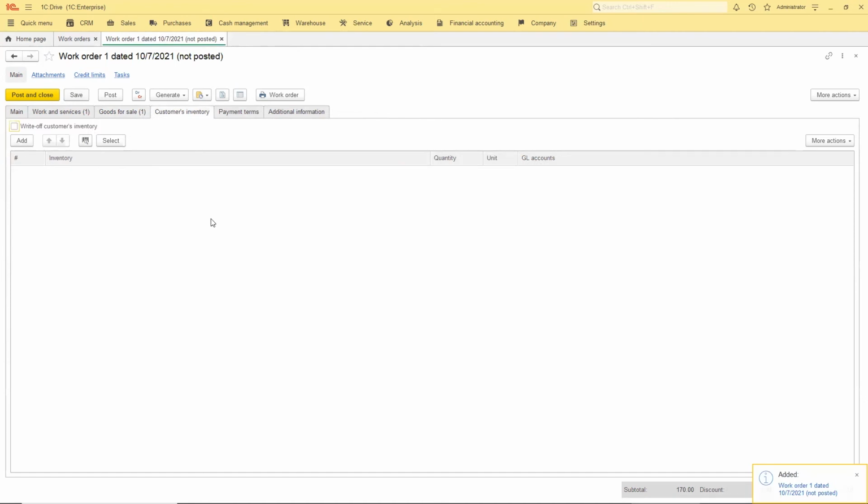And we have to pre-fill the customer's inventory tab if we get some inventories from our customer. For example, we take a phone from the customer for repair, we can register it in this card, that we got some inventories from our customer, and when we send it back, we just select this option, write off customer's inventory.